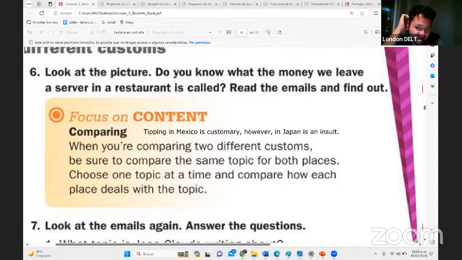Let's see the last one. Moni says, in Mexico, we eat with tortillas, but in India, they eat with bread. Yeah, that's true. Bueno, dicen aquí en México, nuestro pan es la tortilla. Yes, that's true. Okay, guys, well, I wanted to play a video, but we don't have time.